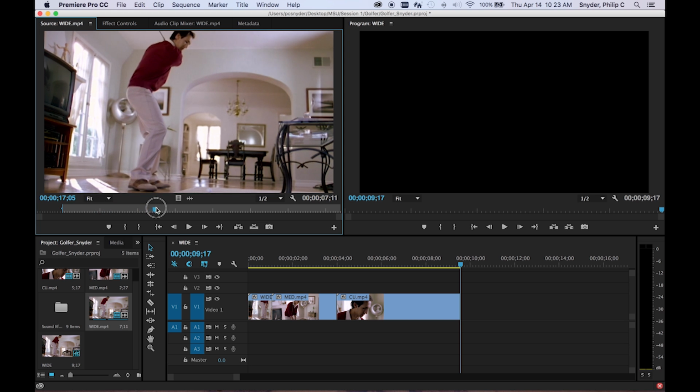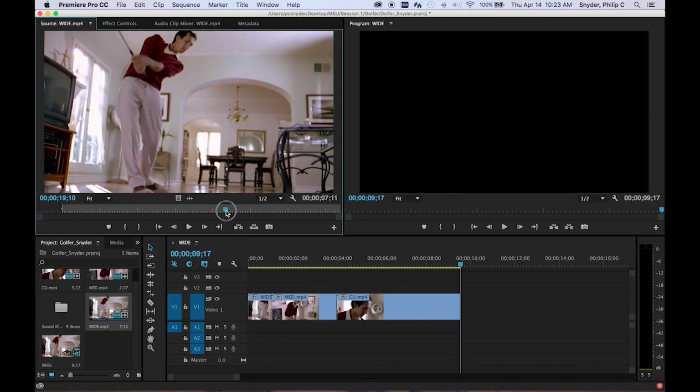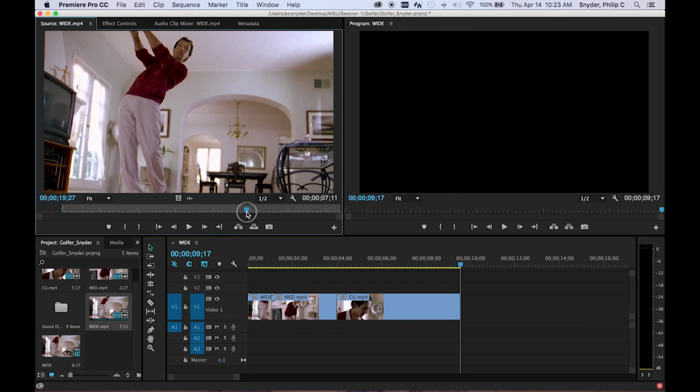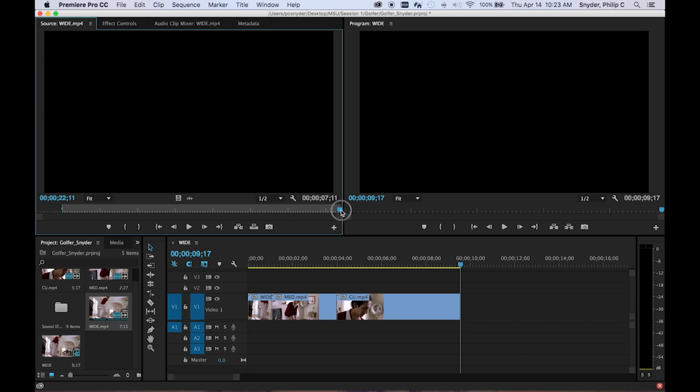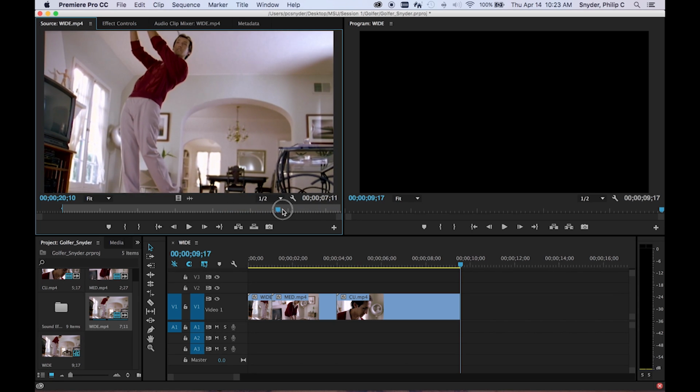So what we'll do is we'll have him backswing and swing through, and that'll be our out point right there, right after he swings up. And the club, you can see as we shuttle through, the end of the club just touches his head. That'll be our out point. So we can click on the mark out, or you can press the O key on the keyboard, and there is our edit right there,